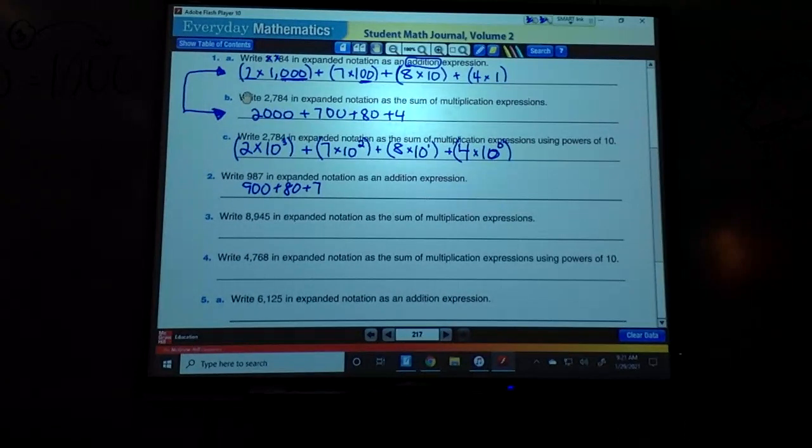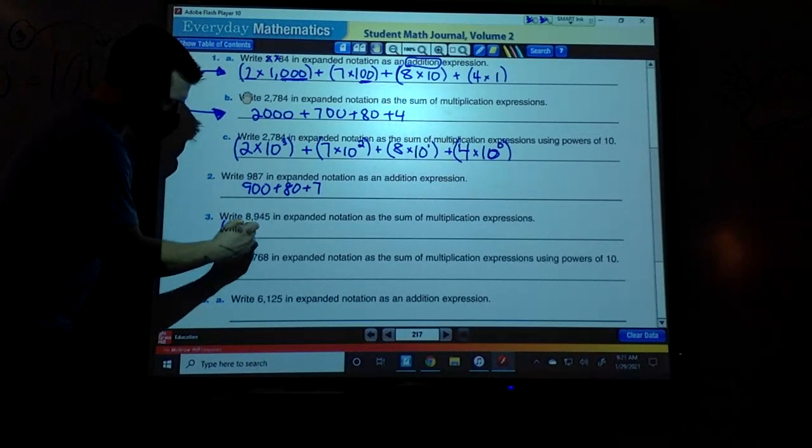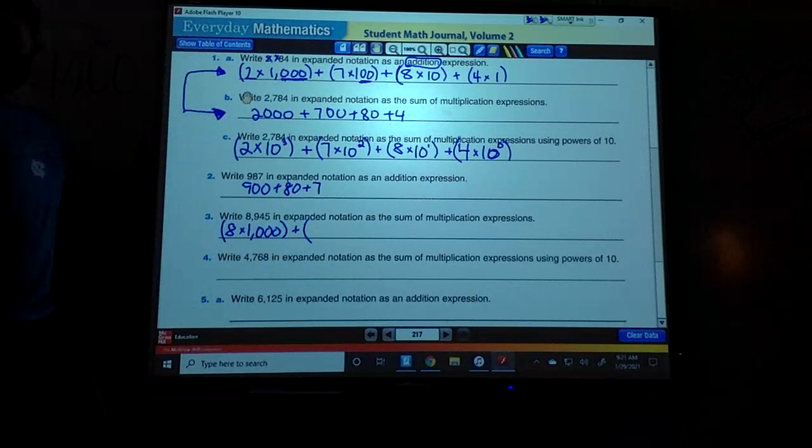Now we got to take 8,945 in expanded notation as the sum of multiplication expressions. Remember, the one that we did for A that I jumped ahead, that's what we're going to do for number 2. We know it's 8,000. 8,000 is 8 times what? 1,000. So that's what you're going to do for each place. We know that it's 8,000, so 8 times 1,000 plus,